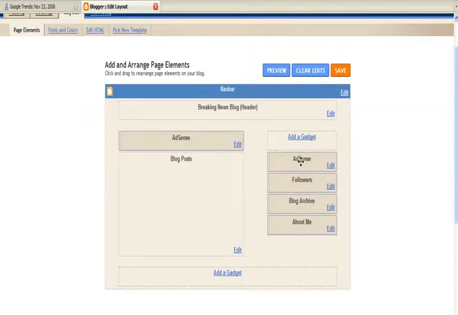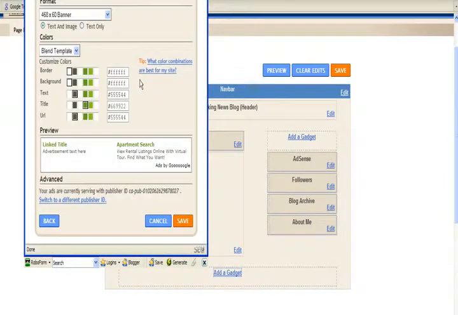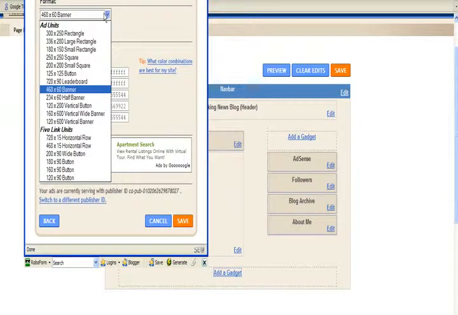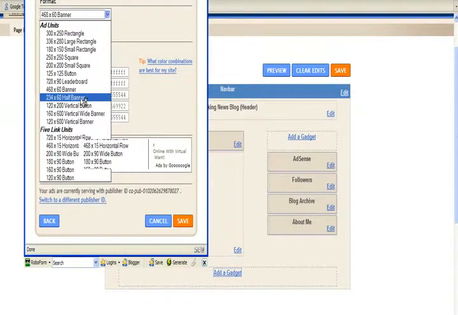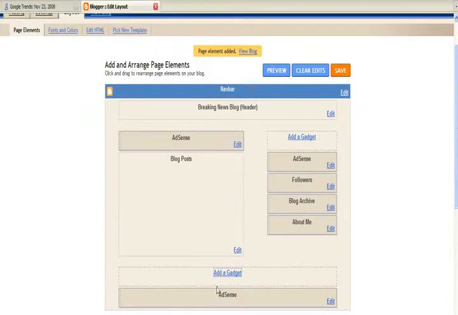And I can select where I want to put it again. Then we'll add one more set of code. You can have up to 3 per page, so we'll set up one more. We'll make this a little smaller unit. We'll do a small little half banner,